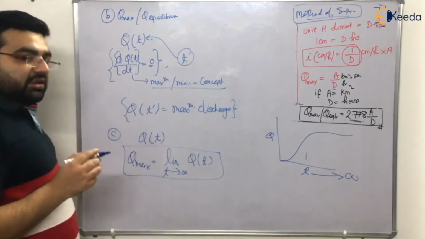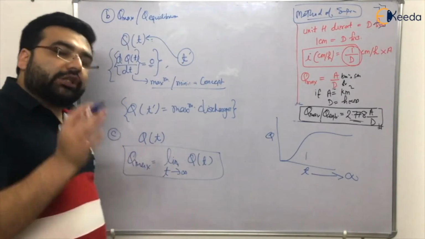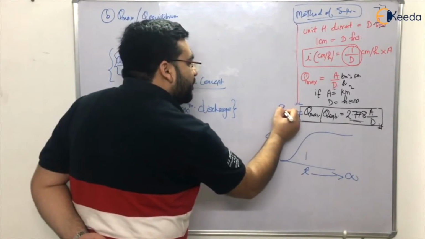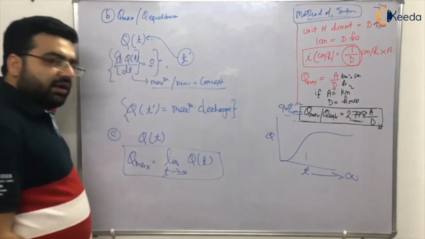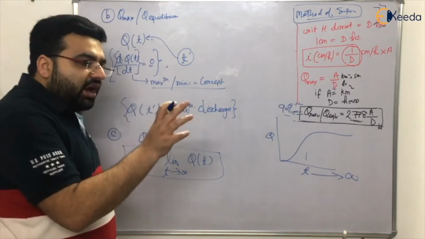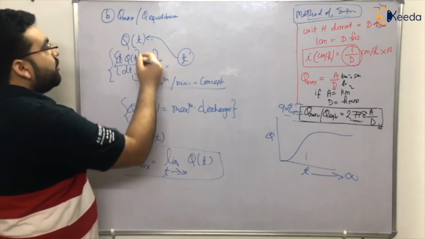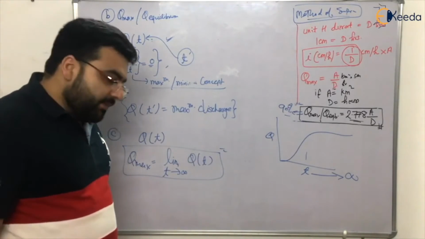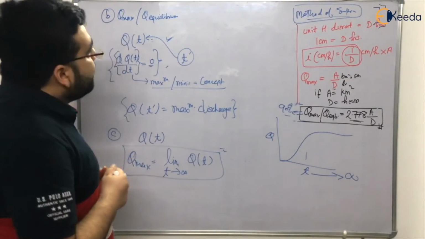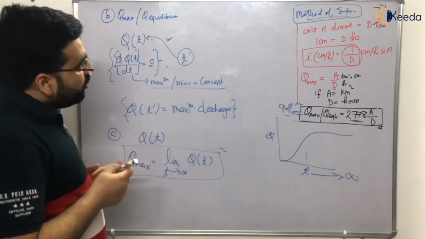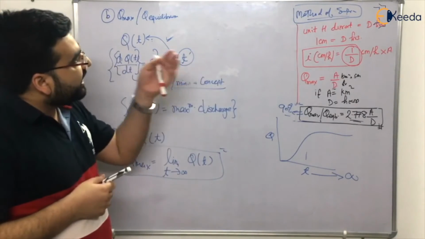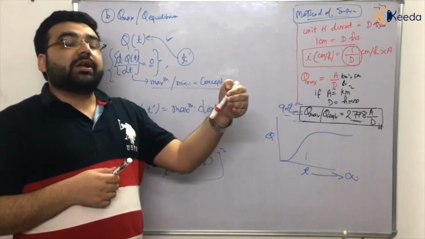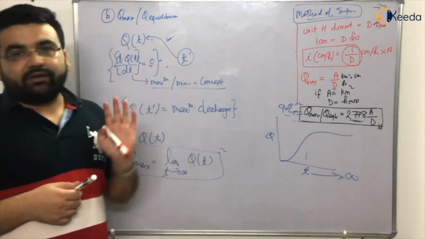So these are the three methods by which you can determine the maximum or the equilibrium discharge. Clear? Either with this method, but most probably in 90% of cases this formula is applied. But there are some questions in which you are given a profile of discharge, right? So you use either this or this, and you will get the answer. Simple. Okay? Now the next thing in this topic is how to determine a T-hour duration unit hydrograph, right?